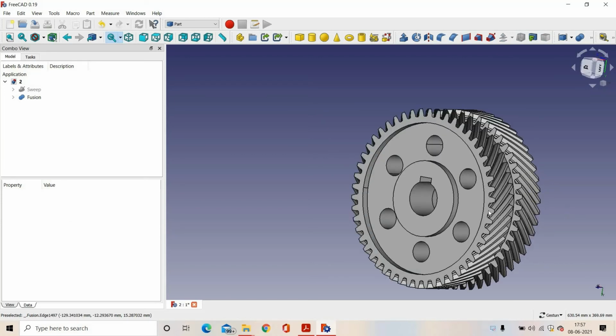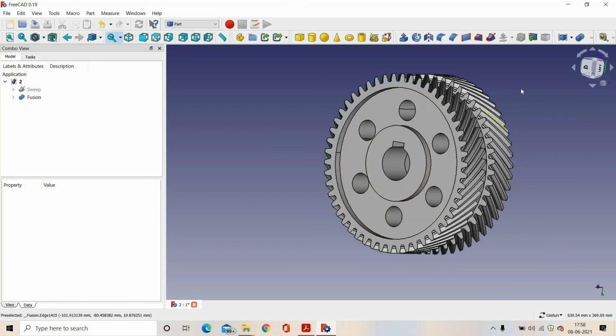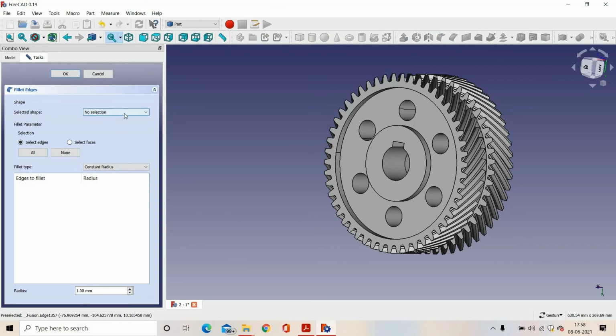Now the final stage is to fillet all the sharp edges. To fillet the sharp corners, we have to select the option fillet. In fillet, here we have to select fusion.